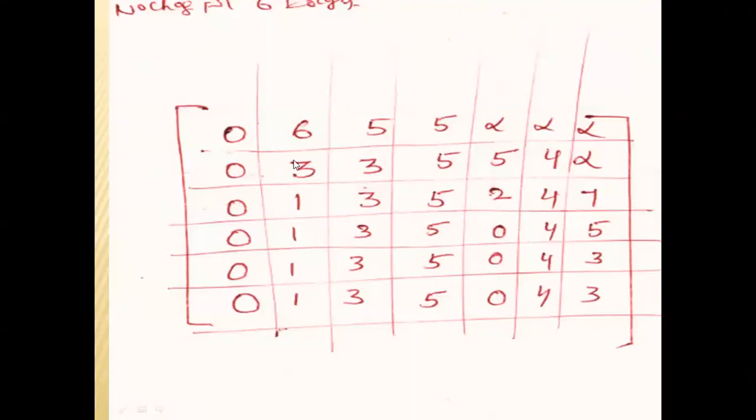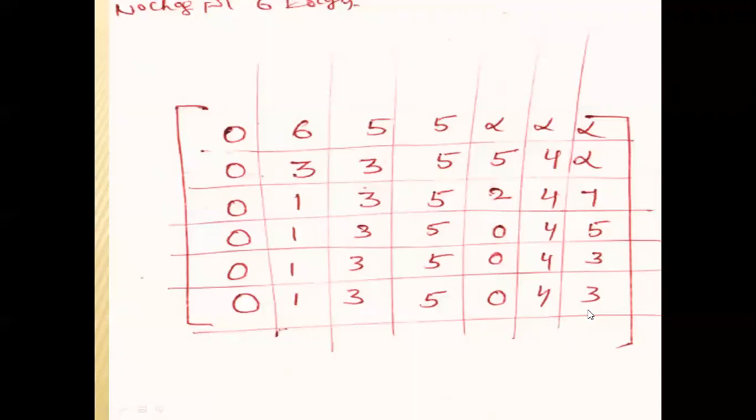So totally, in single source shortest path, we are calculating the shortest path from 1 to all, that is single source. Single source means here 1 to 2, 1 to 3, 1 to 4, 1 to 5, 1 to 6, 1 to 7. But we are finding the shortest path by using a limited number of edges. The first row represents a single edge, the second row represents 2 edges, the third row 3 edges, the fourth row 4 edges, the fifth row 5 edges, and the next one is 6 edges.